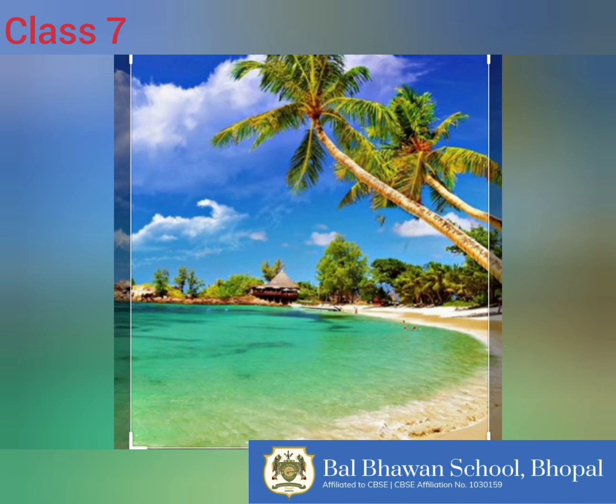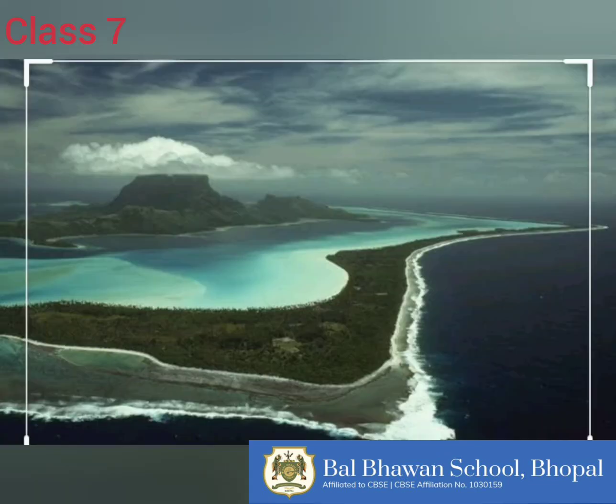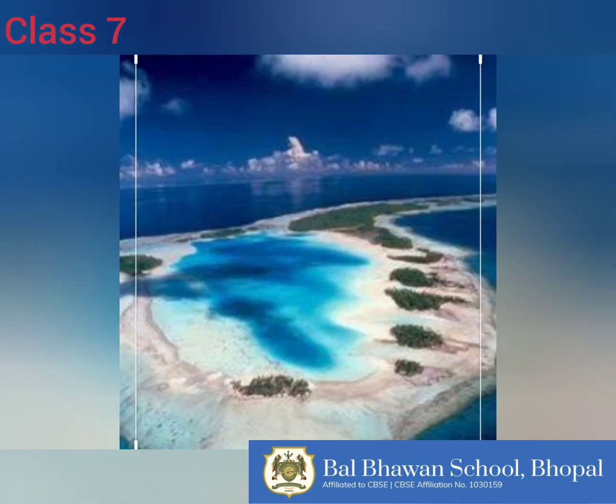When the broken rock materials are deposited on the sea floor near the coast, sandbars are formed. Sometimes the sea water is enclosed between the coast and the sandbar. It then becomes a partially enclosed lake, which is called a lagoon. This is the image of a lagoon.